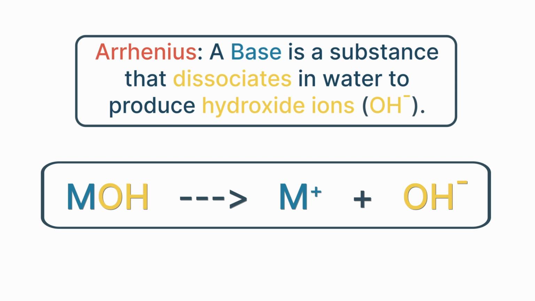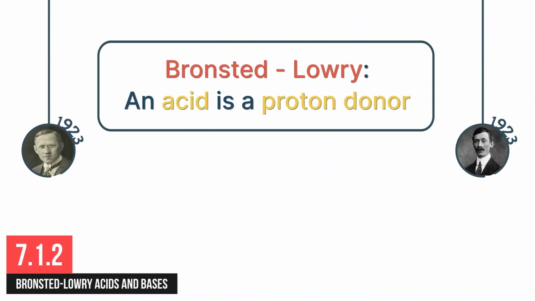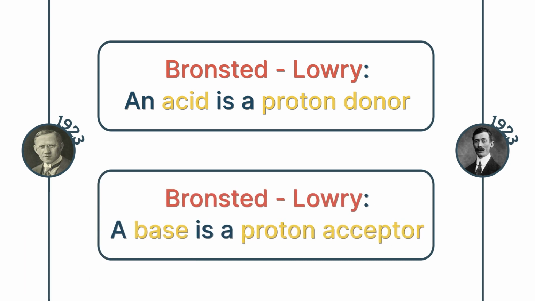With time, it became clear, however, that Arrhenius' definition of acids and bases was limited, largely because it limited acid-base reactions to happening only in water. And of course, there are many acid-base reactions that don't require water. Johannes Bronsted and Thomas Lowry independently proposed a new definition of acids and bases, which had a more general application than the Arrhenius definition. They proposed that in chemical reactions, an acid acts as a proton donor, whilst a base